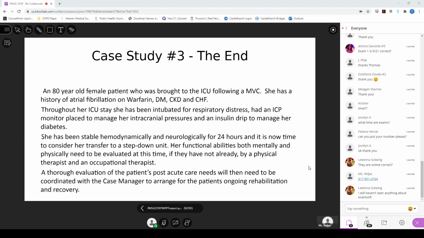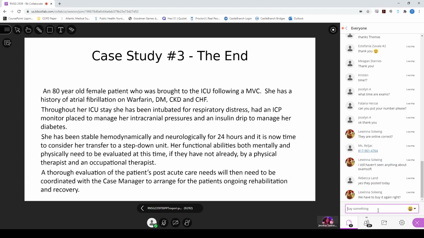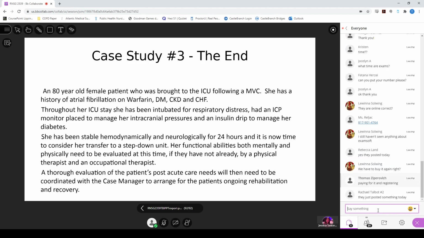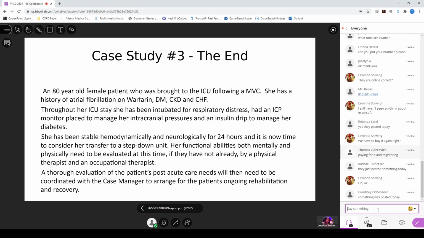What about ExamSoft? Actually, Lorna, check community because they just posted about it today. So, Ms. Waldock, my question for you is, I know that we had the option to take the exam in person if we wanted to, but I believe Ms. Stevenson